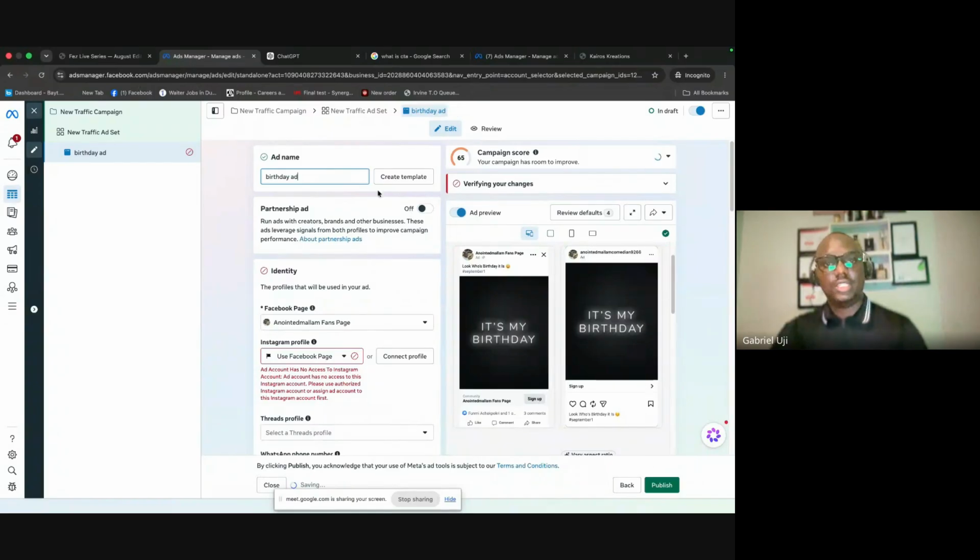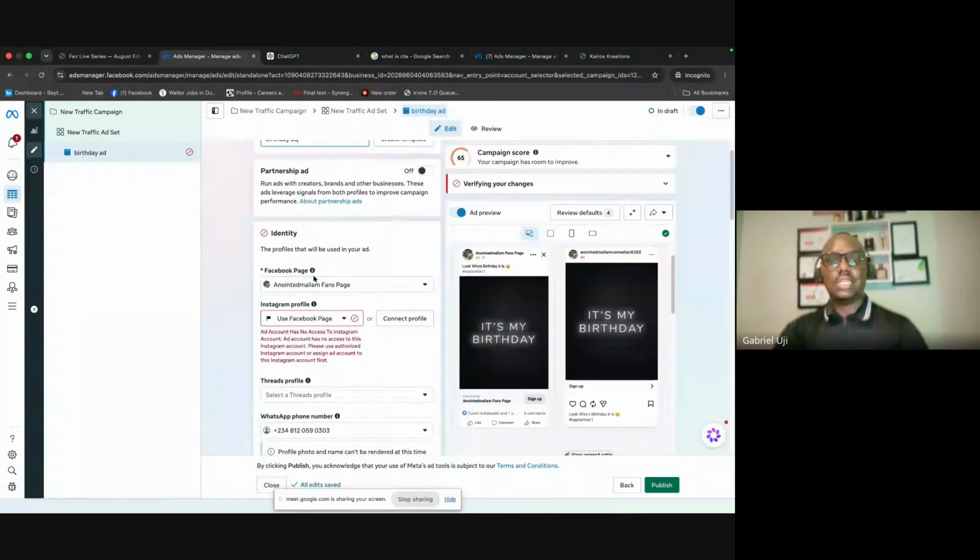Okay, I can change it to birthday ad. Select Facebook, and again, you don't have to worry because Meta basically flags every one of your problems. If you're not doing it well, you are doing something wrong, and that's where you have your AIs to guide you through. Even if I'm not there, you have your AIs to guide you on what you're doing wrong. If you think you're not doing anything good, Meta will definitely tell you; there's going to be